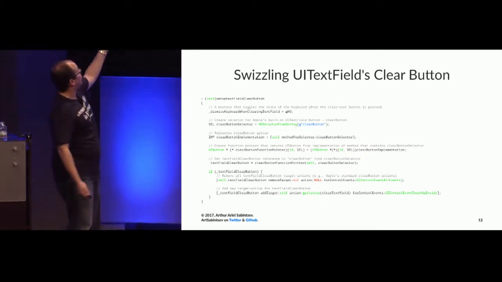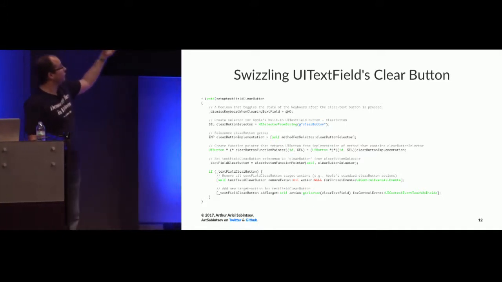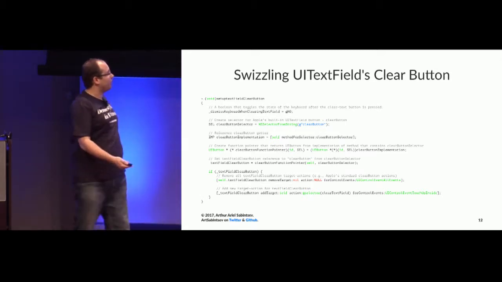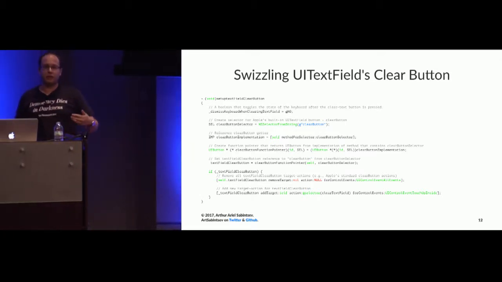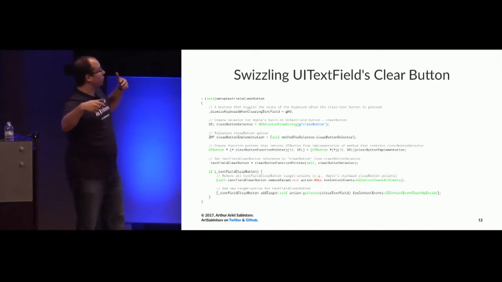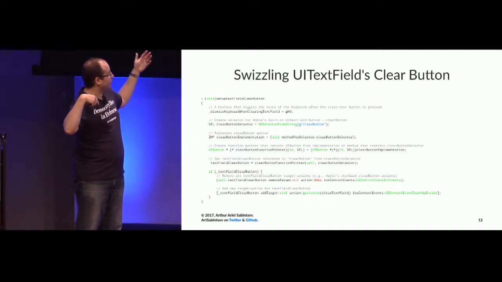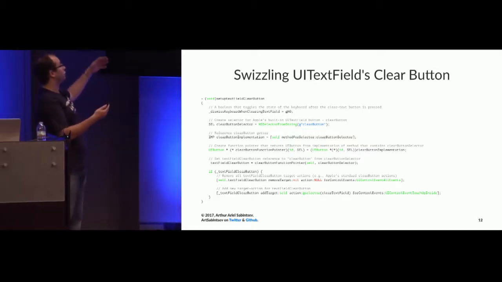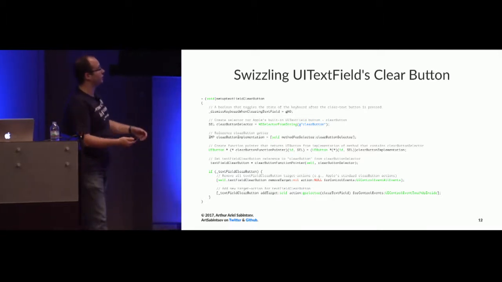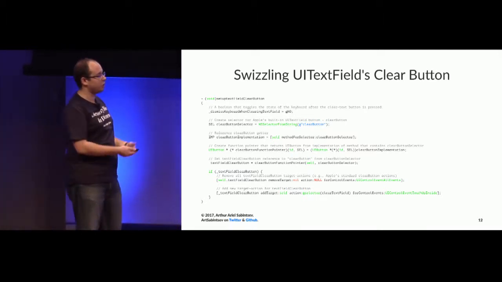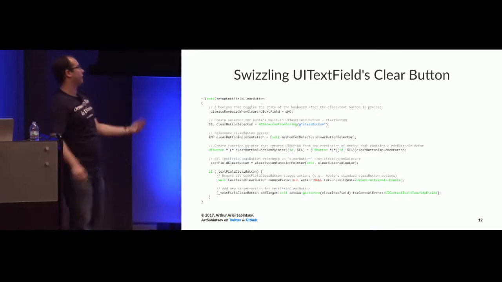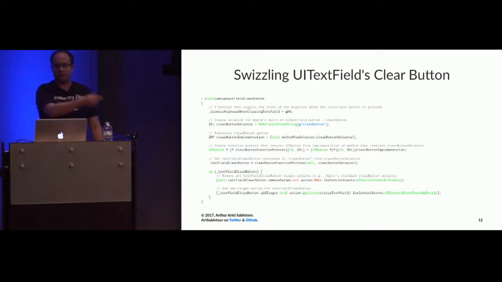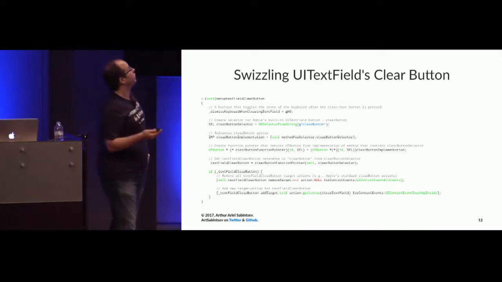Then I learned how to clear all the targets and actions for all the control events. I knew that there was something on UIControlEventTouchUpInside, but I wasn't sure if they used any other events. So I wanted to find a way to clear all the events, just in case there's something on touchdown or something else going on. I found out how to do that as well: you pass nil to the target, nil to the action, and UIControlEventAllEvents to the events, which I didn't know existed at the time. So I learned quite a bit just by wanting to add an animation that disappears one letter at a time for UIFloatLabelTextField.